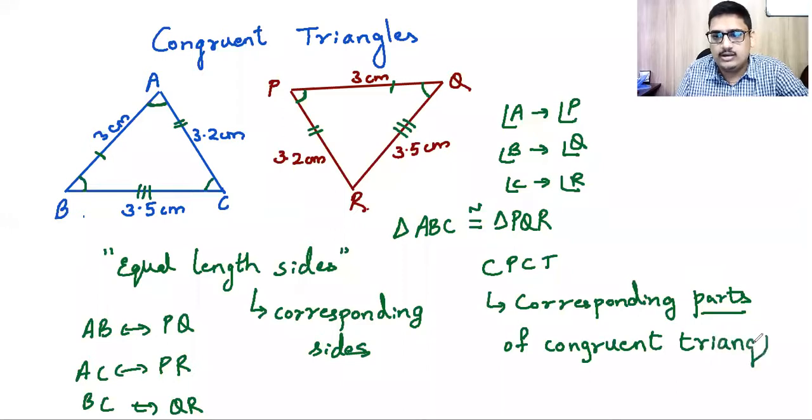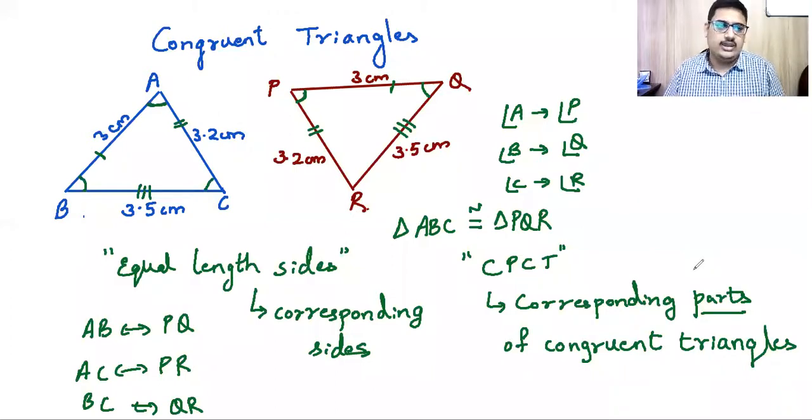This is the sub result which we will be using always. That is CPCT, corresponding parts of congruent triangles. We will be dealing with this in much detail. I hope this is now clear to everyone. Are there any doubts with this? What is the meaning of congruent triangles? Next we will see the various criteria that we use to find out the congruency of